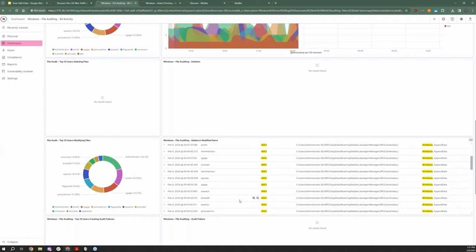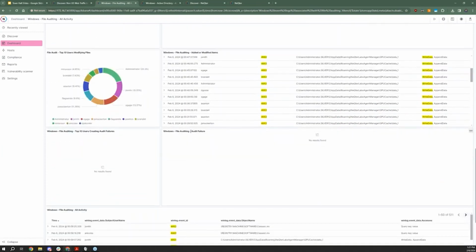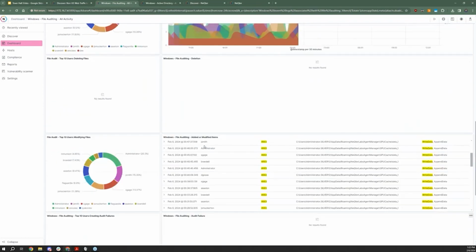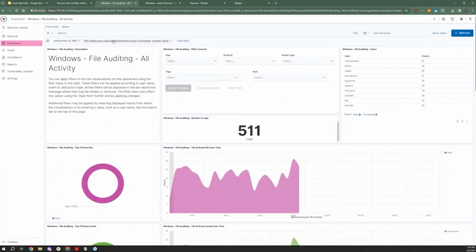We have this all listed out. Now, something that's more interesting is we could do if there's any audit failures, i.e. a user attempts to access something that they don't have rights to. I don't have any logs for that, but that might be a good one to show. But we're just going to use this for now. So again, we're going to pin this,